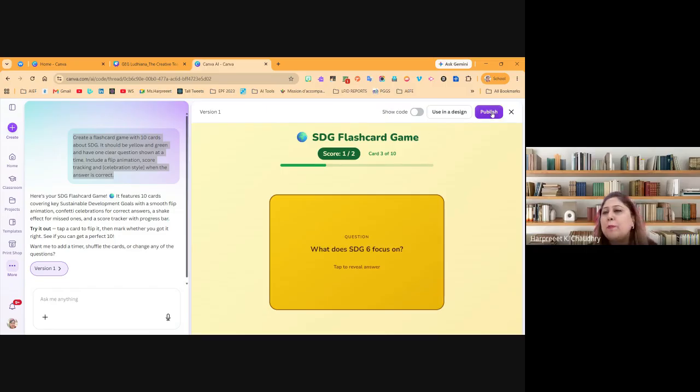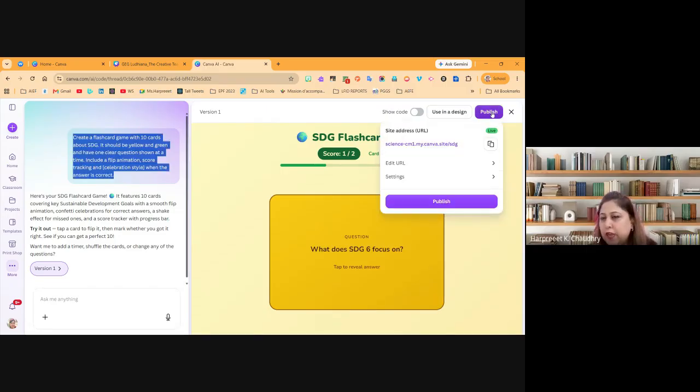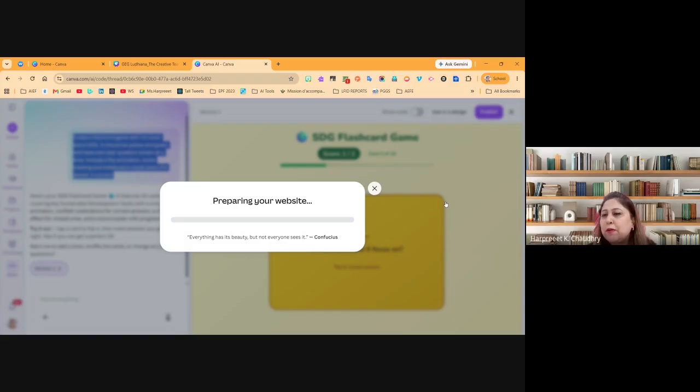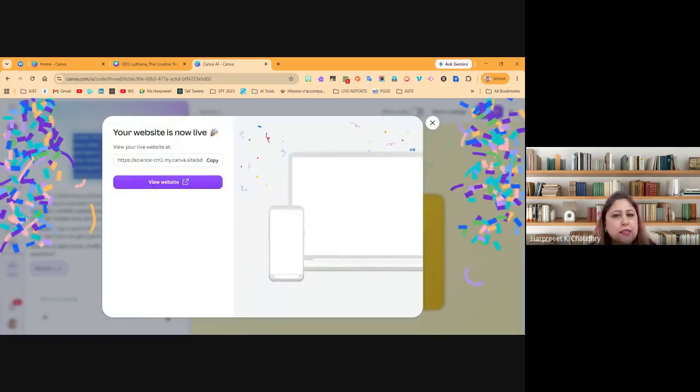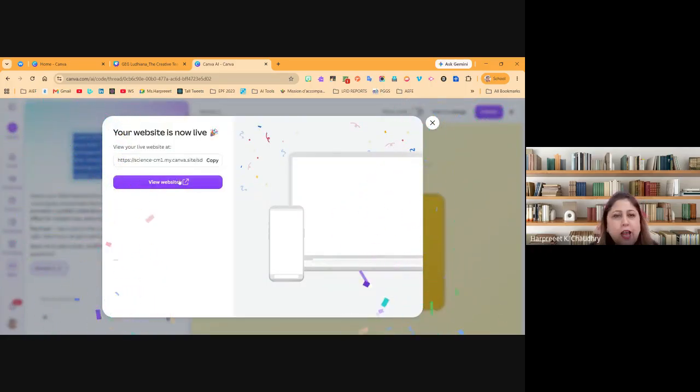Now I want to publish this. This is how it works. It automatically gives me this. I want to edit the URL. No, it is live. I click on publish. It is preparing a website or a web page rather for me. Right here, just 30 seconds, and my code is published. I can view this as a website. So right here, if you see,